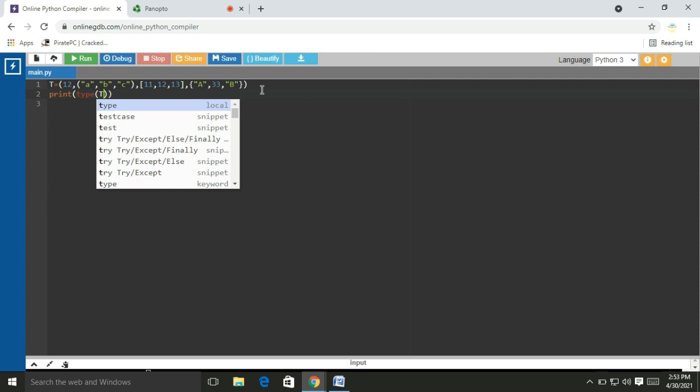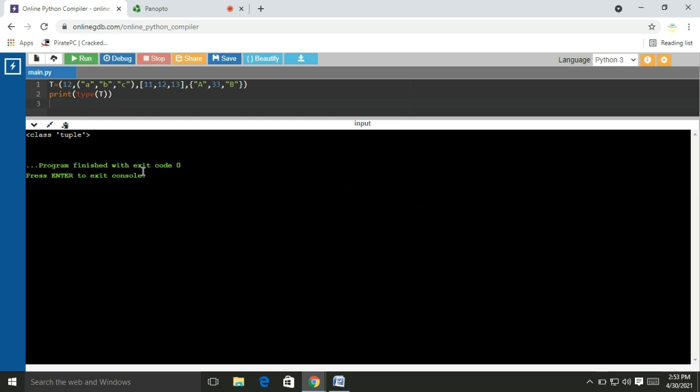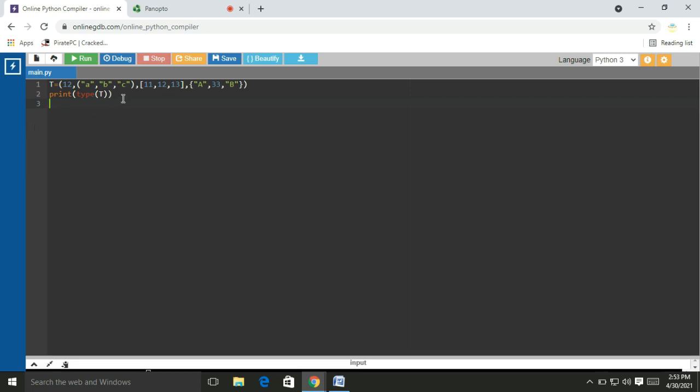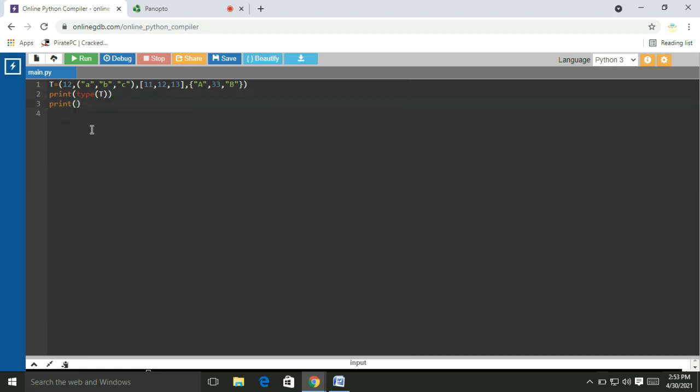Now I will check the type of T. Print, type of T. So T is a tuple. Now I will access the tuple, that is the first object. Print, first object, T of 1, comma, and I will also check its data type.